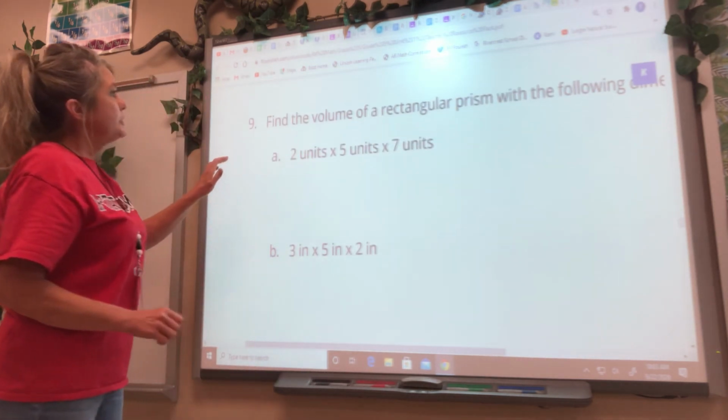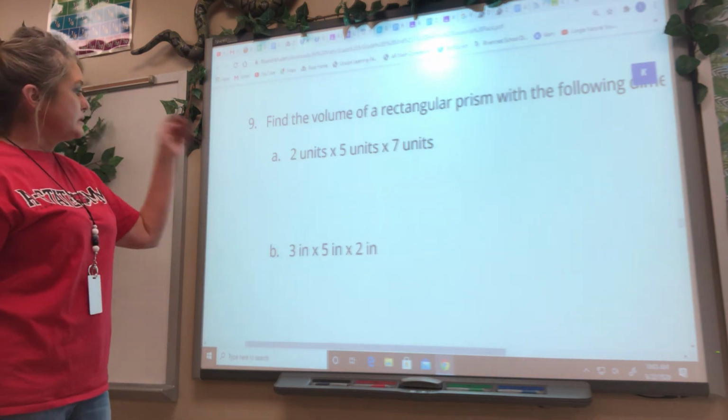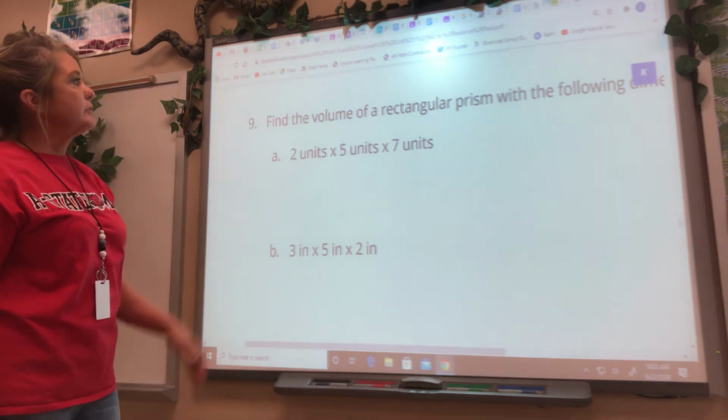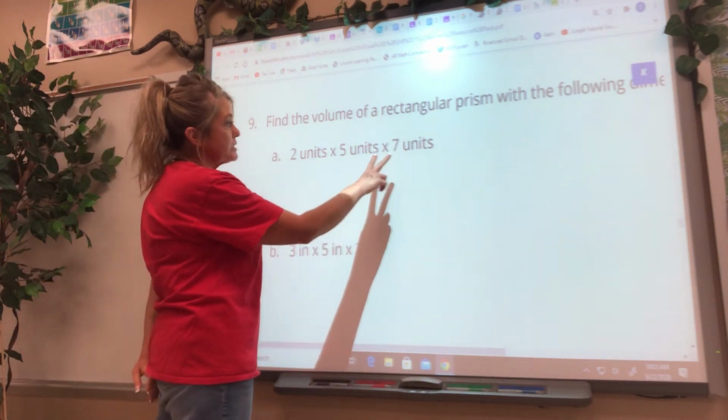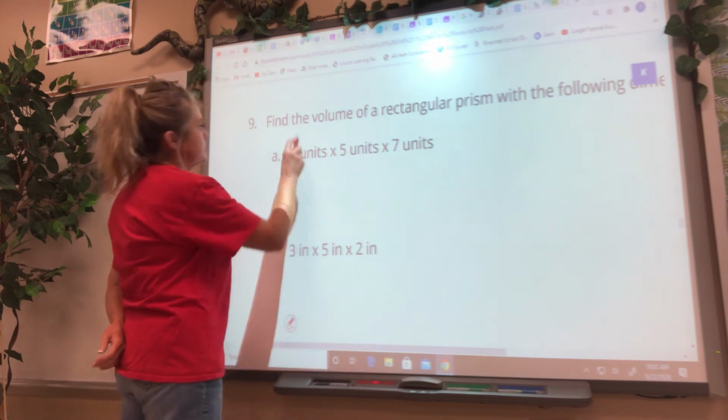Okay, if it gives them the units, all they would have to do, it tells them to find the volume of a rectangular prism that is 2 units by 5 units by 7 units. So this is representing your